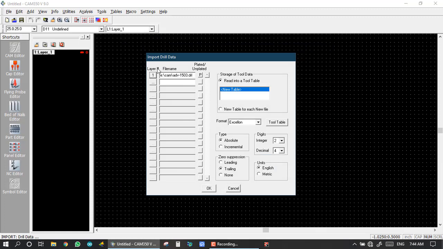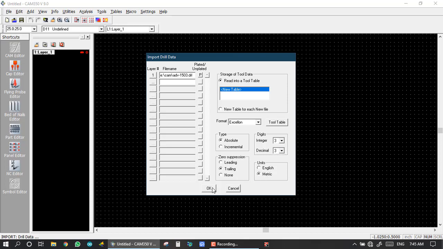This is the path of the NC file, and we have some options for the import format. So I set the format Excellon, type Absolute, and I set integer 3/3, which is the standard digit setting 3/3, zero suppression is Trailing, and I set the unit to Metric, mm.